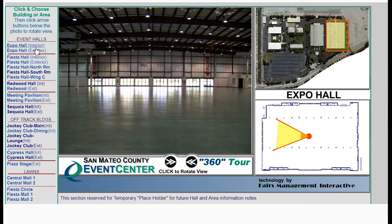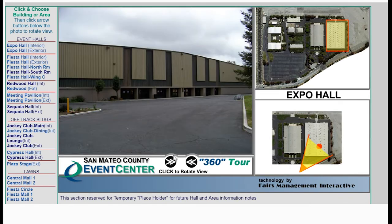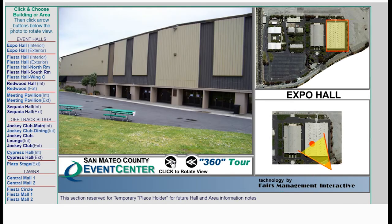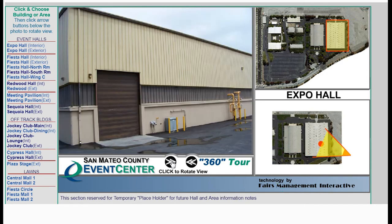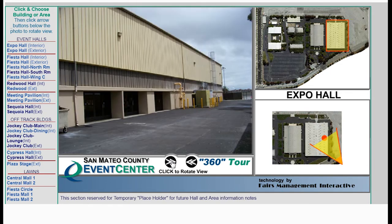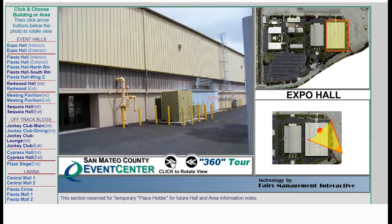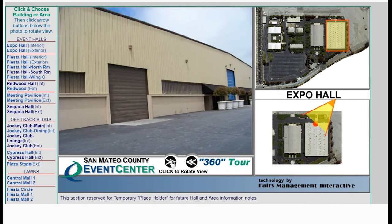Now, looking at the exterior of the building, we can see that we have opportunities for advertising and banners on the front. Then going around to the side, we're looking at freight entrances, utility hookups, and emergency exits. These perspectives are especially useful for freight delivery, for contractors coming in, for emergency maintenance, even fire marshal issues, and